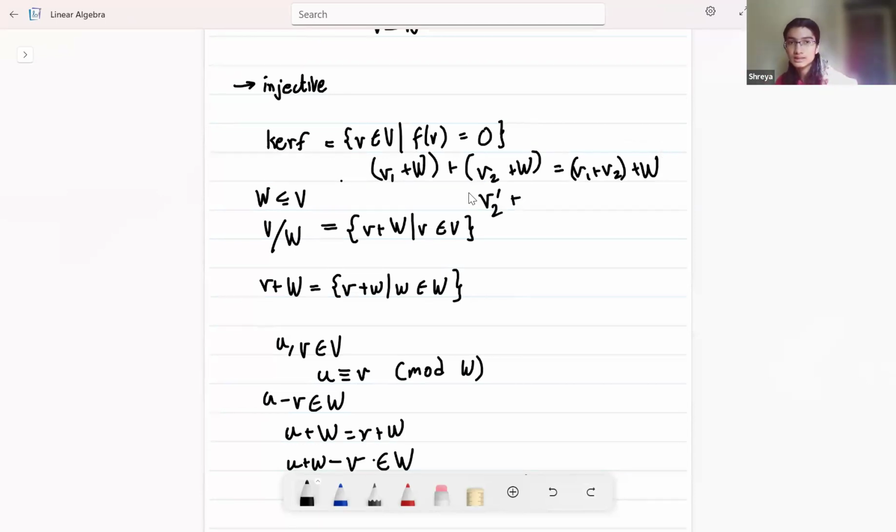So the point is if these two are the same, then you'll have v2 minus v2 prime belonging to W. And then that means over here you'll be adding and subtracting v2 minus v2 prime, which is not a problem because it belongs to W. So either way,